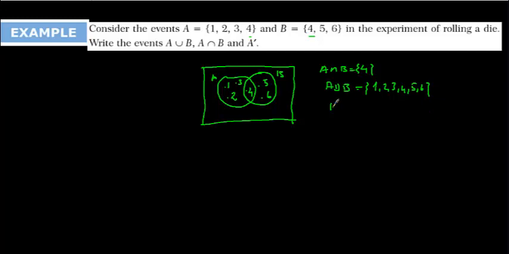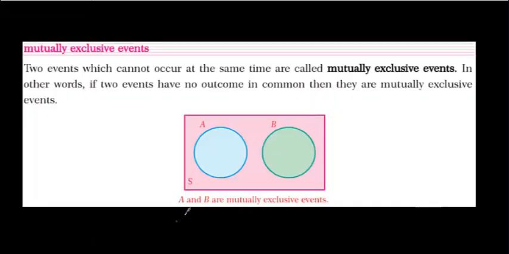And A not. What is A not? Which elements in A union B do not belong to A? So these are only 5 and 6. By the way, there are no elements in the sample space different from the elements of A or B. Okay. We are going to